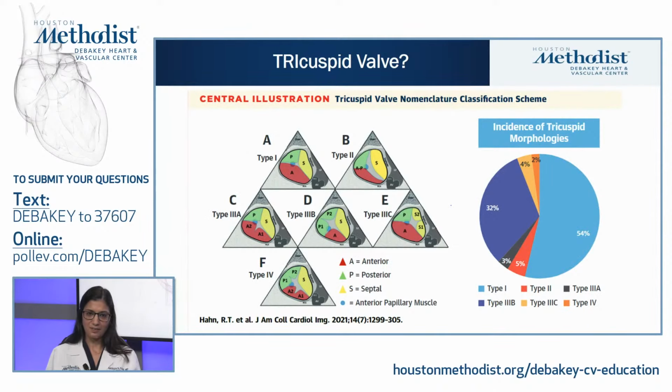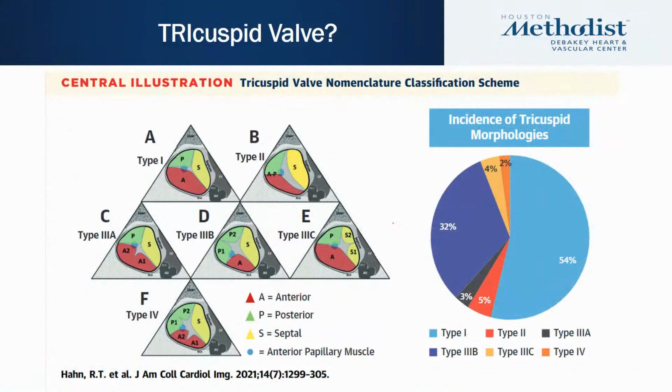But is a tricuspid valve really a tricuspid valve? This was a really interesting study that was just published looking at the different tricuspid valve morphologies and the number of leaflets. And it showed that 54% of the patients truly had 3 leaflets, the septal, posterior, and anterior leaflets. But there were different other subtypes that were described. For example, type 2,